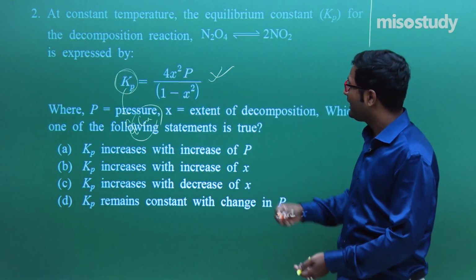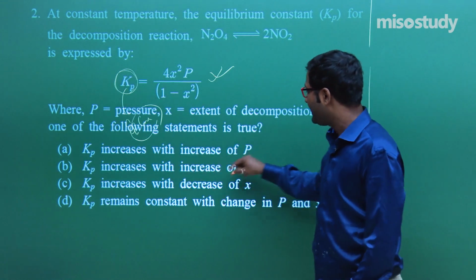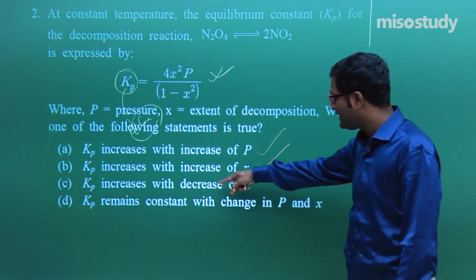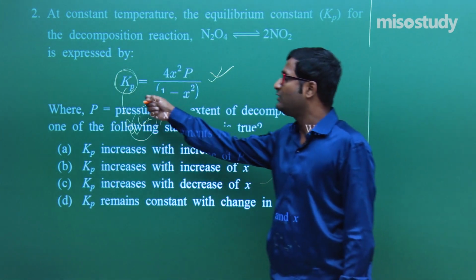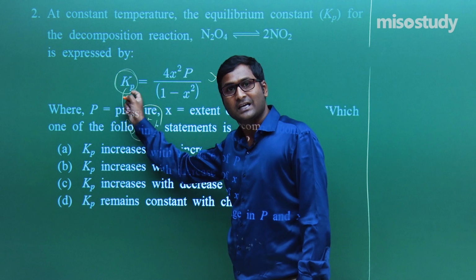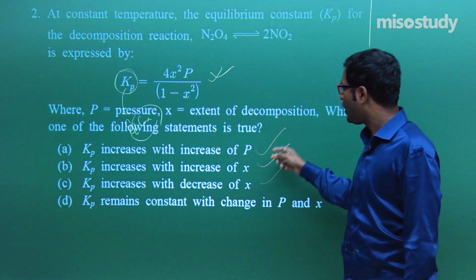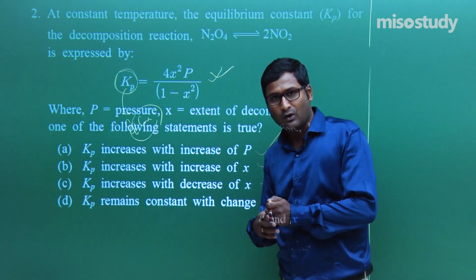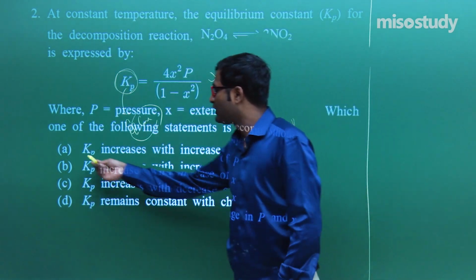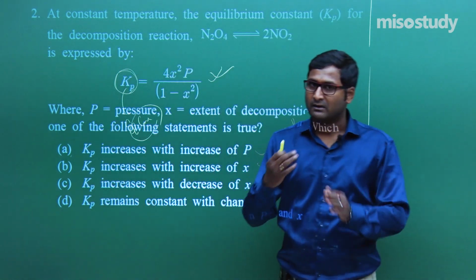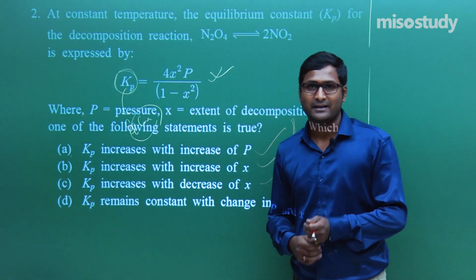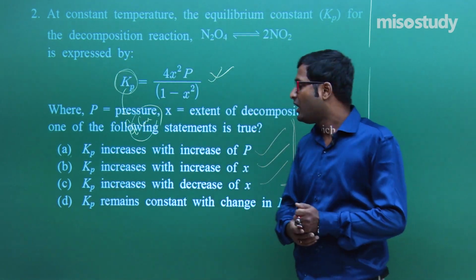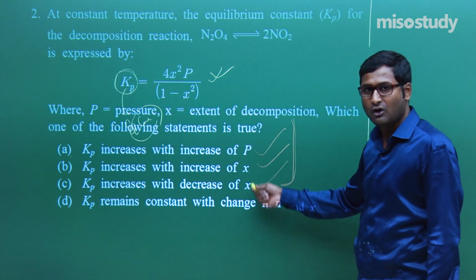Here, by looking at this, you can say that Kp increases with P, Kp increases with increase of x, Kp increases with decrease of x. This is the value of the equilibrium constant. Listen carefully. It is independent of such type of factor. So by looking at this expression, what comes to our mind? That is option 1. So before judging the option, before finding the correct answer, check out the basic formula, otherwise the answer will be wrong. So this option is not correct.